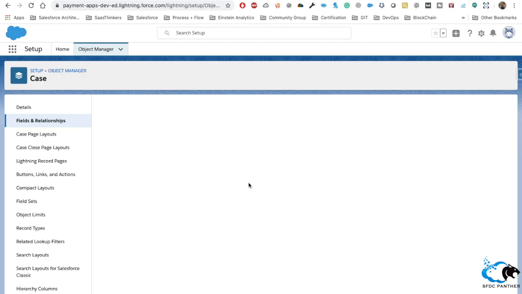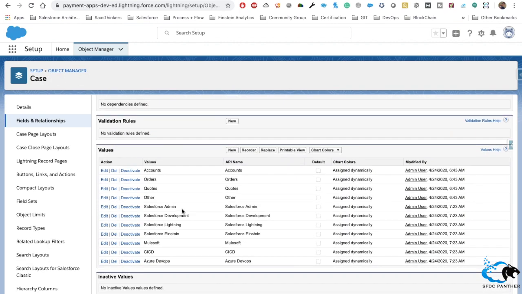It is also a picklist field where I do have multiple options like accounts. They are facing some problems with their accounts. They wanted to track their orders, or they wanted to cancel, reorder, or they wanted to reduce the number of items that they ordered. So these are the various options where they can select what is the specific area where they want support or where they want query from our representatives. So that's why we created this particular field with the various options.